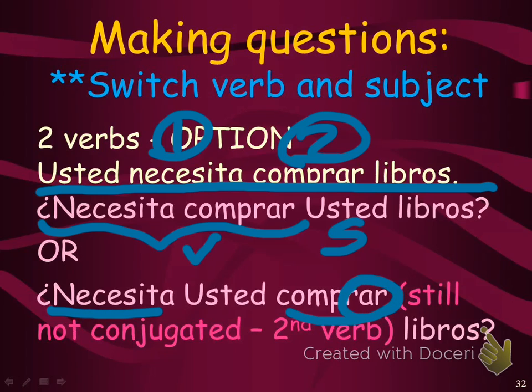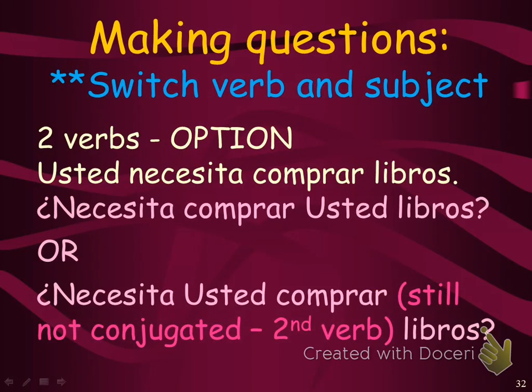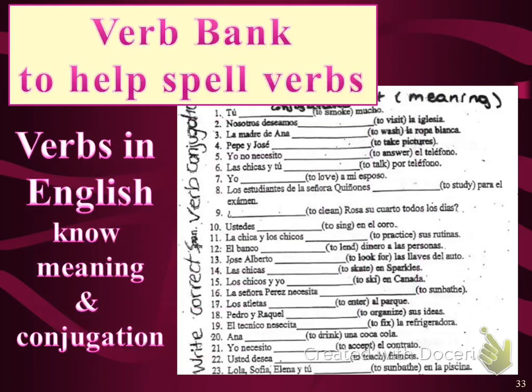It's still not conjugated because we're still asking, do you need, that's conjugated, to buy, so to buy here is not conjugated because it's still saying to buy. So do you need to buy, second verb is still not conjugated if you decide to switch that. I always say it's better to keep it together so you don't forget to not conjugate the second one. So this is your